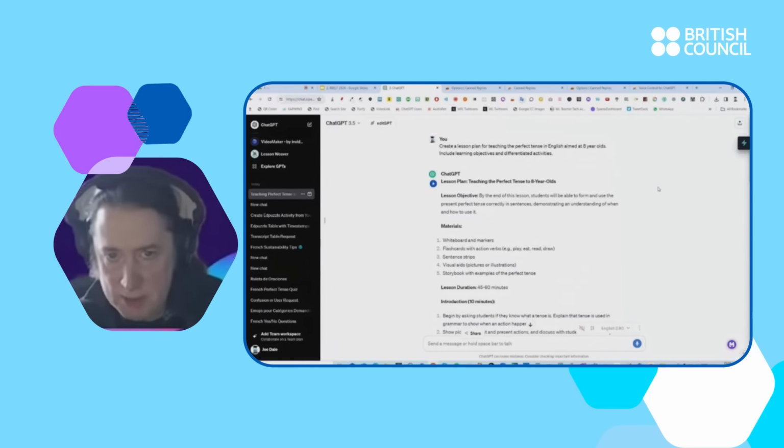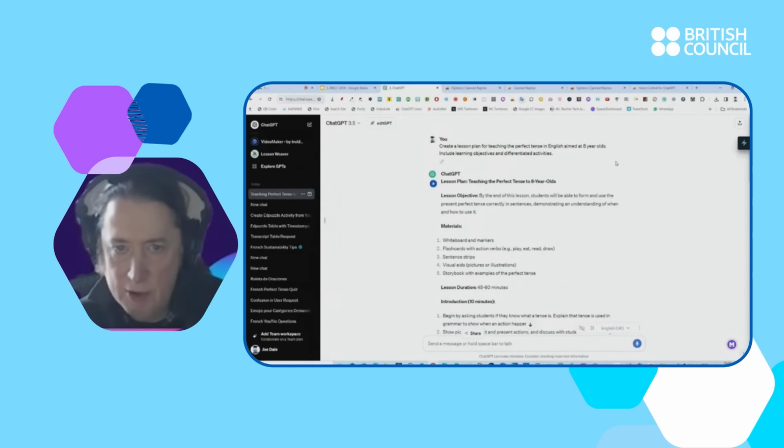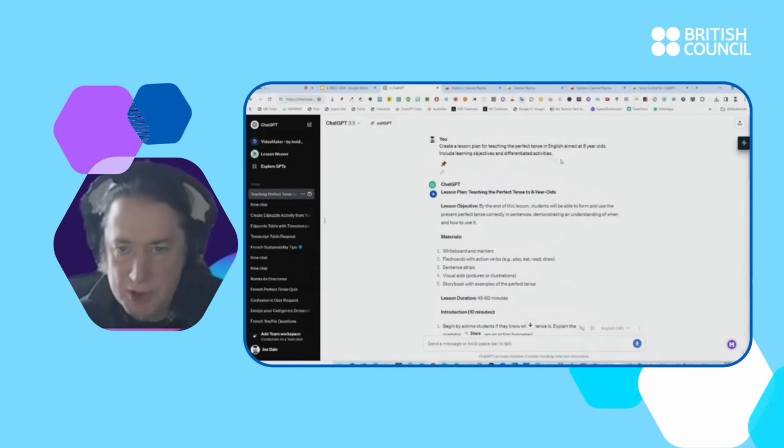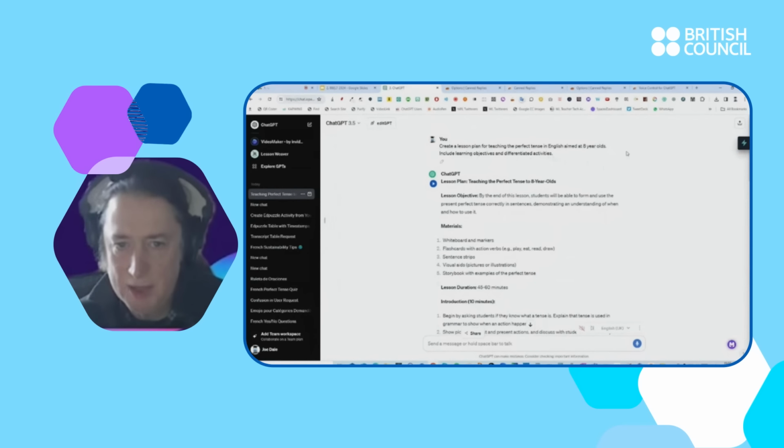Create a lesson plan for teaching the perfect tense in English aimed at 8-year-olds, include learning objectives and differentiated activities. So I haven't said, for example, how long the lesson is. I haven't said the sorts of learners that I have. You need to be careful of not putting in personal information, of course, but I could be more specific about that, and I could add some other,